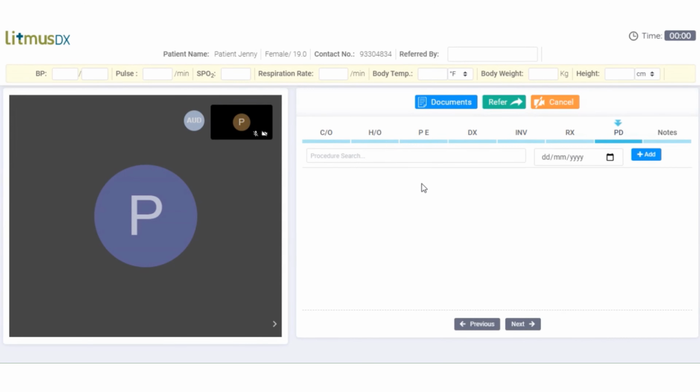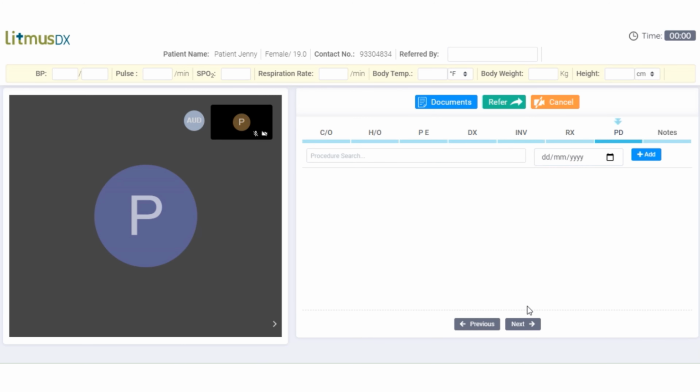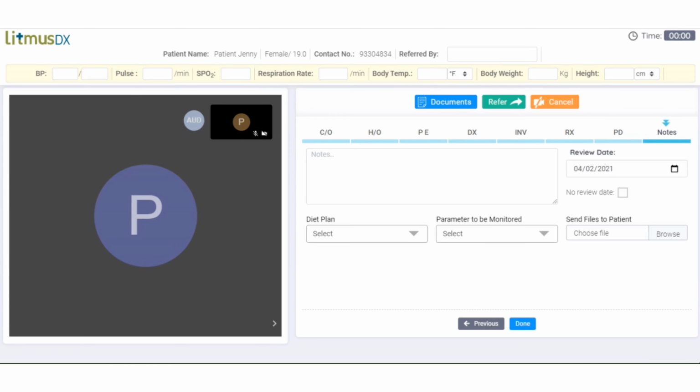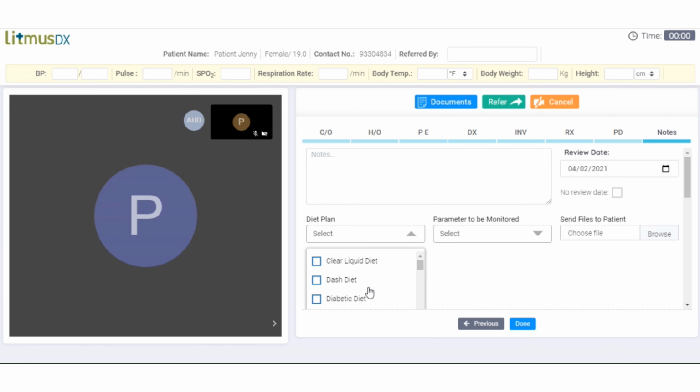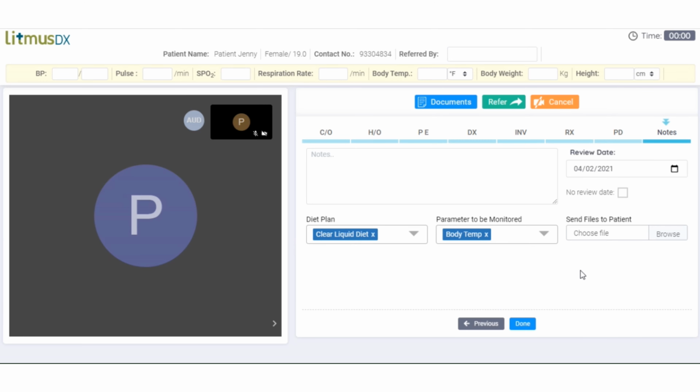If there's any procedure needed for the patient, you can put it on the PD tab and set an appointment for them. For the last tab, which is the Notes tab, you can put any additional advice for the patient, including the diet plan and the parameter to be monitored. You can also send necessary files for the patient here,